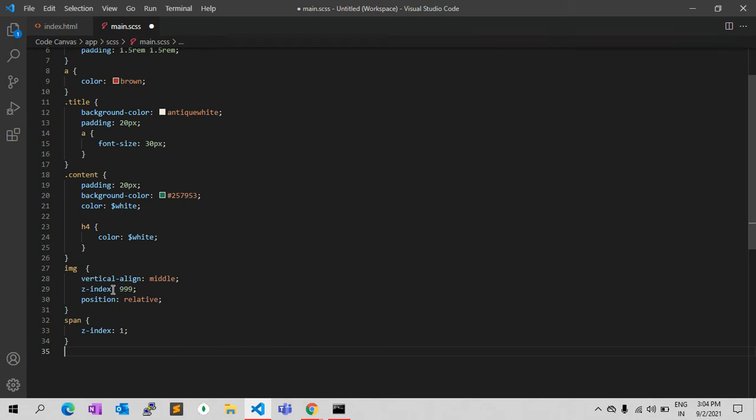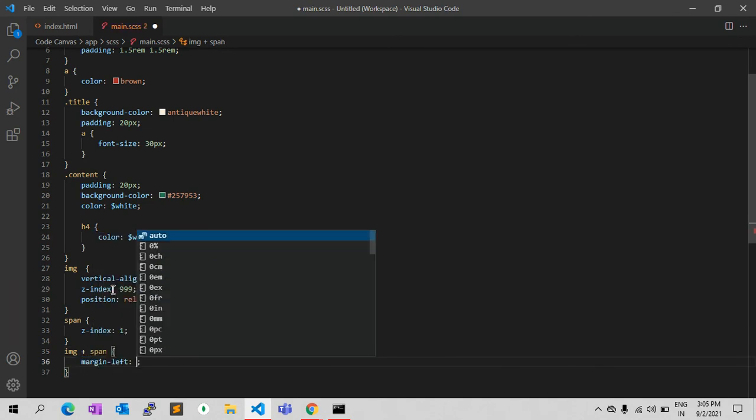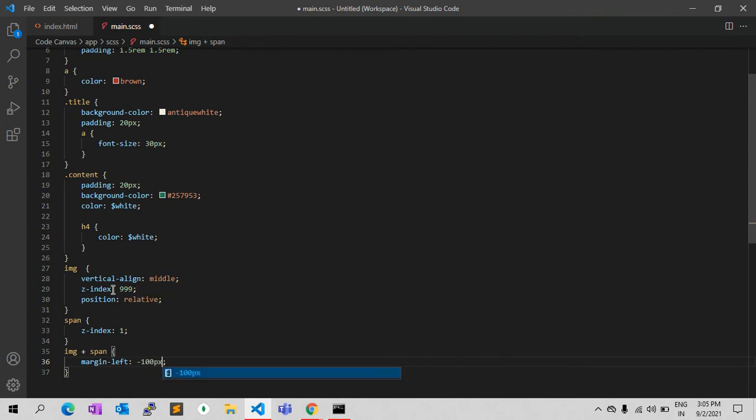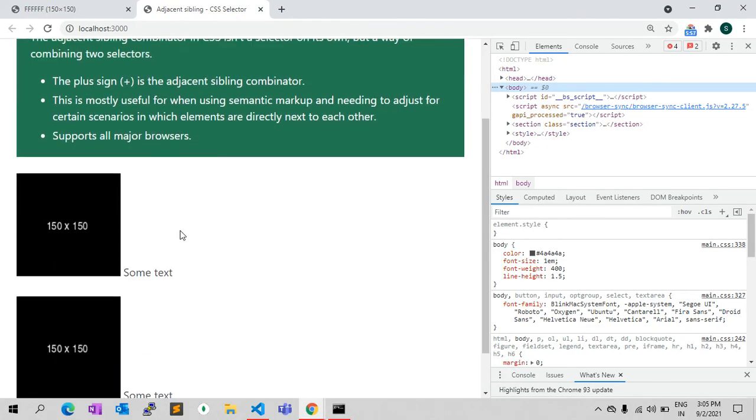And image plus immediate span, let's say margin-left minus 100 pixels, and see how it looks.